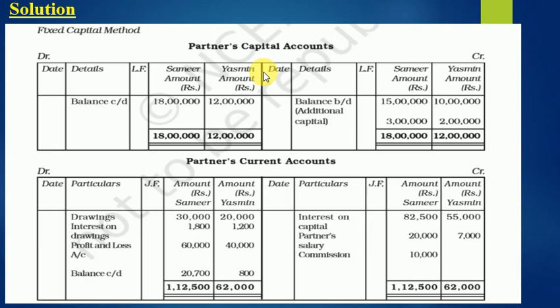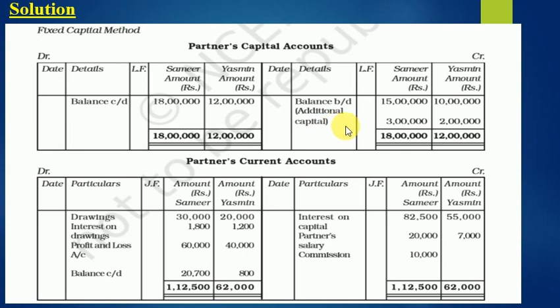So remember, under fixed capital account method, how many accounts are prepared? Two. The first is partners capital account. The second is partners current account. If you have to understand it very clearly in a simple manner, then remember all the things will be in the current account except two things, that is the capital of the partner, the opening capital and the additional capital brought by the two partners. So under this method we have to write the balance BD as the capital of the partners and the additional capital should be written here as by bank.